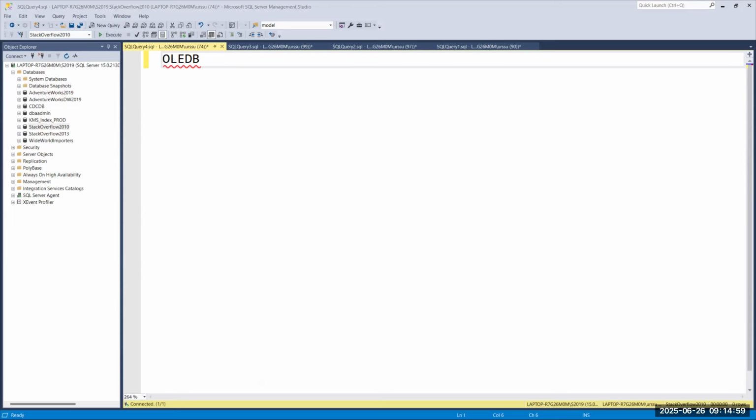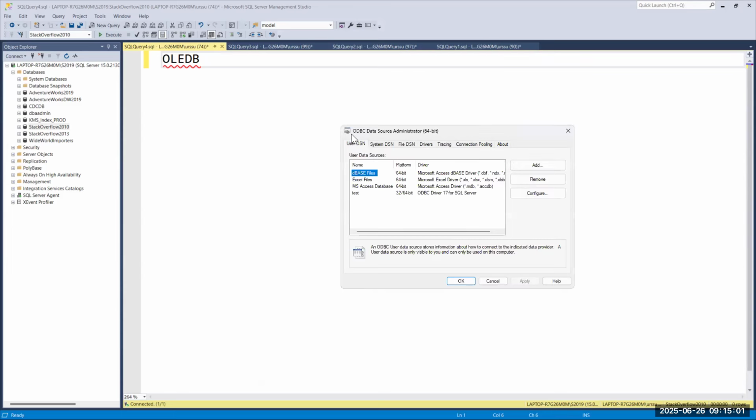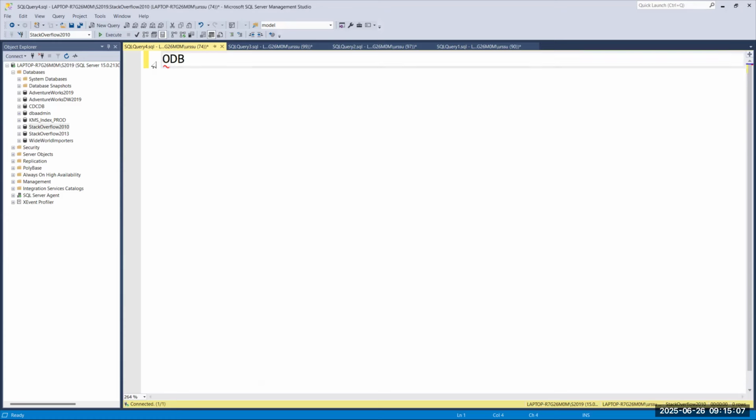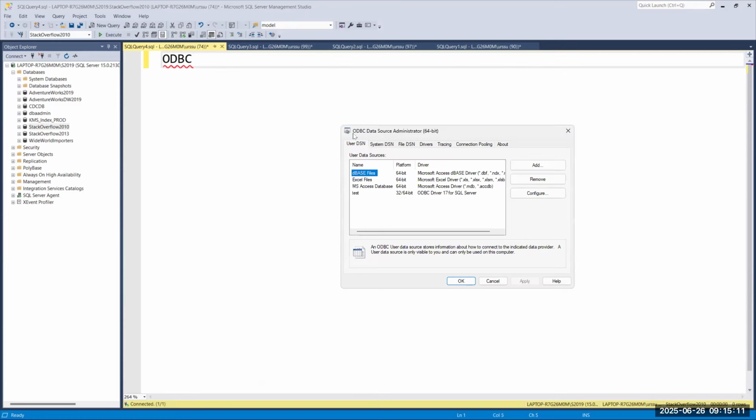You can search in your computer for ODBC after you install. Sorry, not OLEDB, ODBC. So there is a driver called ODBC drivers. Internally, your ODBC drivers are there, sir. These ODBC drivers are interacting between your relational engine and